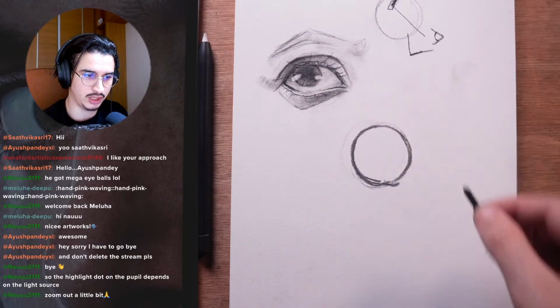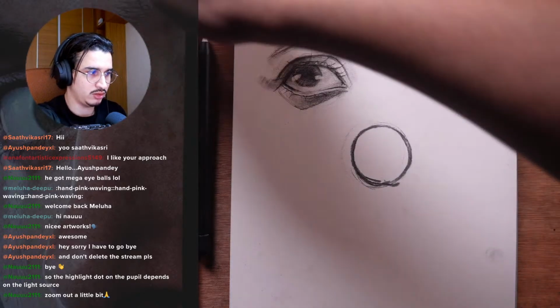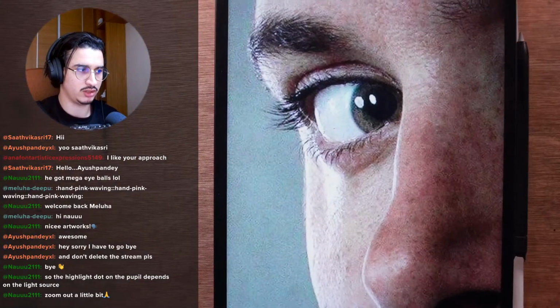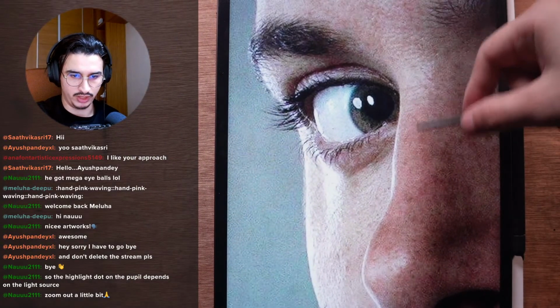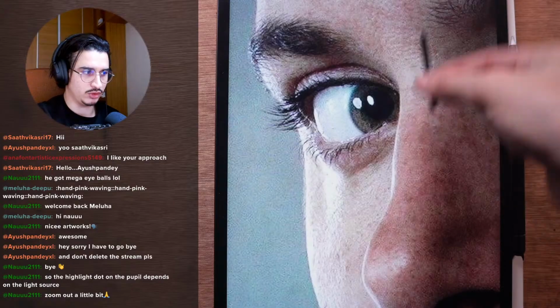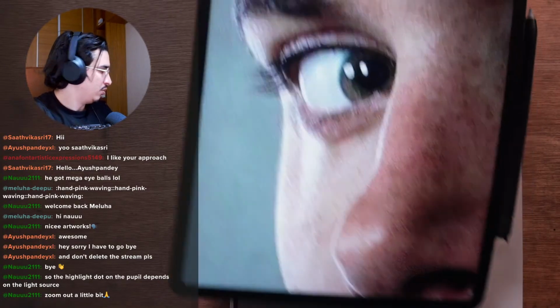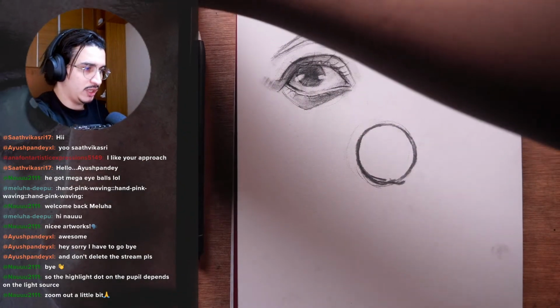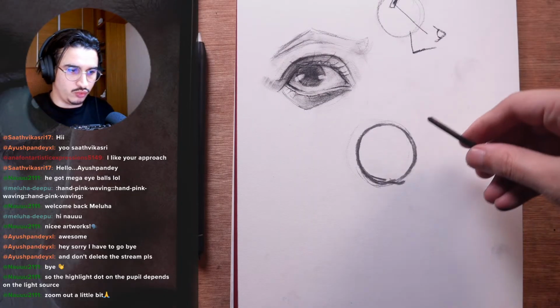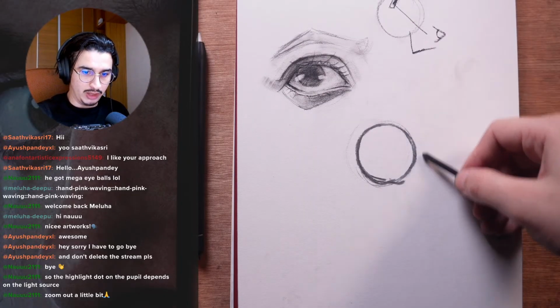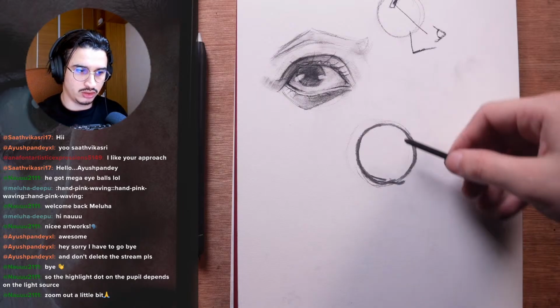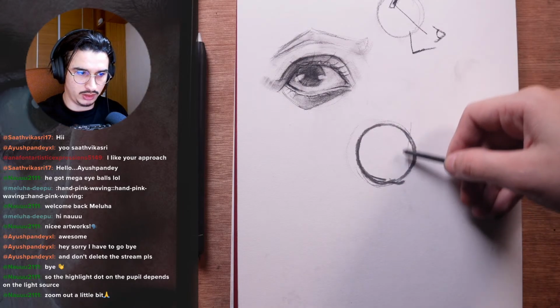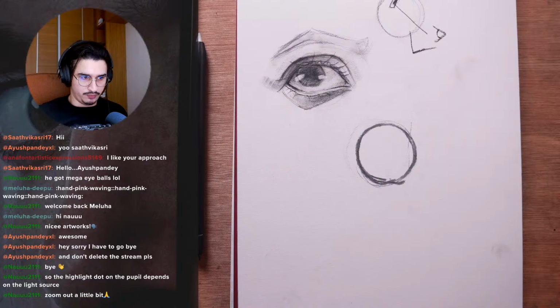So this is the eyeball, and in this reference here we are not seeing the corner of the eye because it's covered with the nose, but it doesn't really matter that much because we just think about the whole eyeball even if we don't see the corner, and the nose should be, let me see,